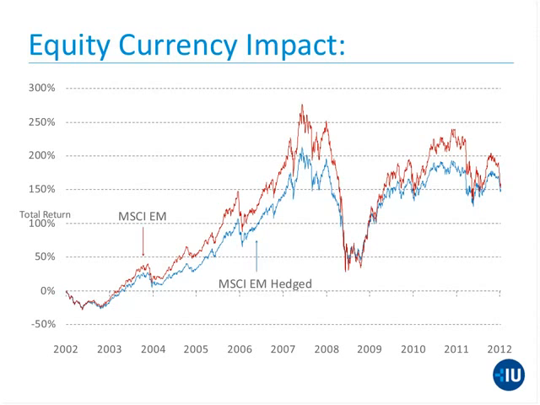This looks at the MSCI Emerging Markets Index in red, which we've looked at a couple times already, and then a hedged version of that, which effectively removes the impact of any currency. Now, the answer here is somewhat surprising. You actually end up with nearly the same performance over this particular time period, 10 years, but with lower volatility. The spikes simply aren't as high on the upside, the drops aren't as deep on the downside, and intuitively this